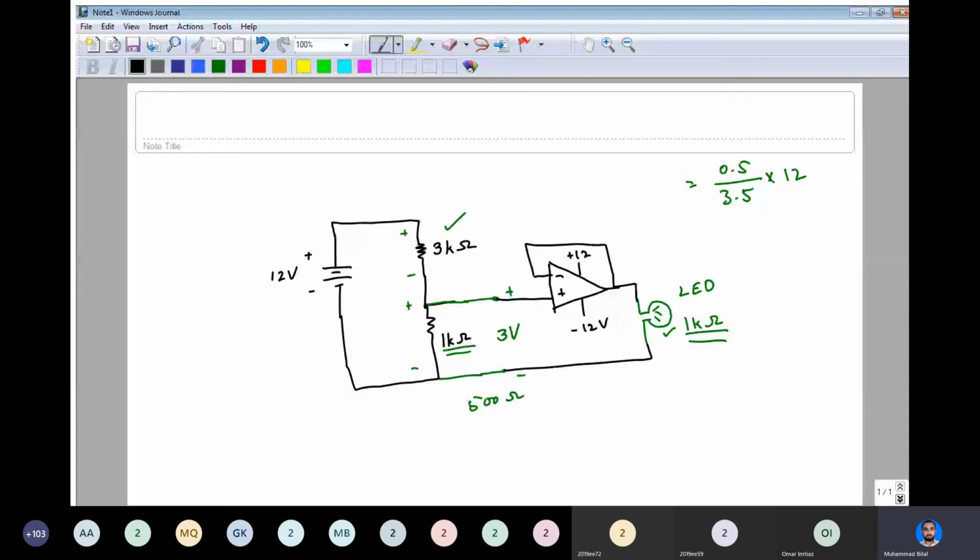Now this voltage follower circuit will not allow this 3 volt to change because it is not drawing any current in this direction. This current is 0 ampere ideally, or very small, in micro ampere. So due to this reason, before connecting this LED and after connecting this LED, the voltage between these 2 points will remain 3 volts. This was a simple example to explain why we are using this voltage follower circuit in our electronic circuits, just to avoid the loading of this voltage divider circuit.